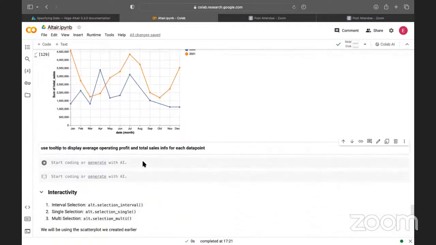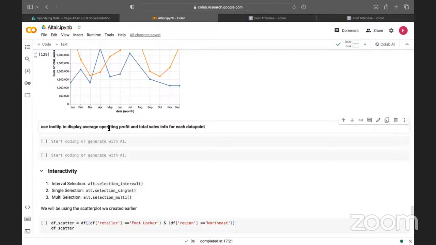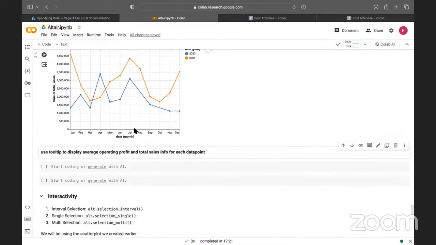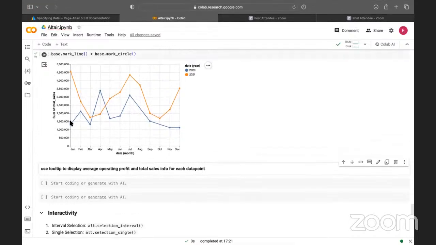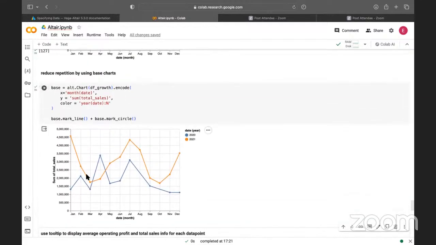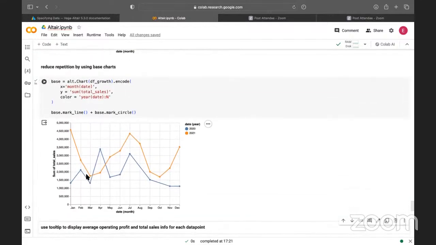What other thing can we do? We can use tooltip to display average operating profit and total sales info for each data point. So what is this about? This is about, like, I don't want to have to keep going to the y-axis to try and read my data. I want to maybe when I come here, I want to be able to see the various data points. I want to know what data points we're talking about here. So one way to do that is to use tooltip,